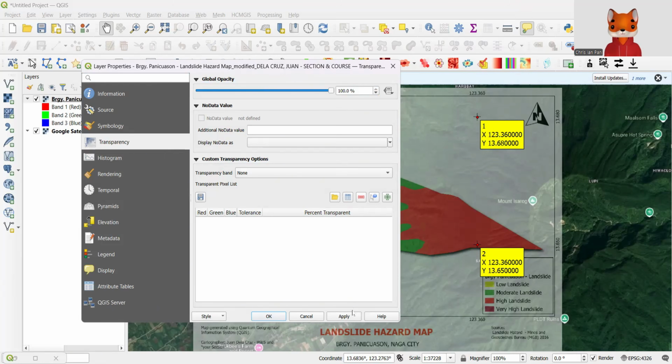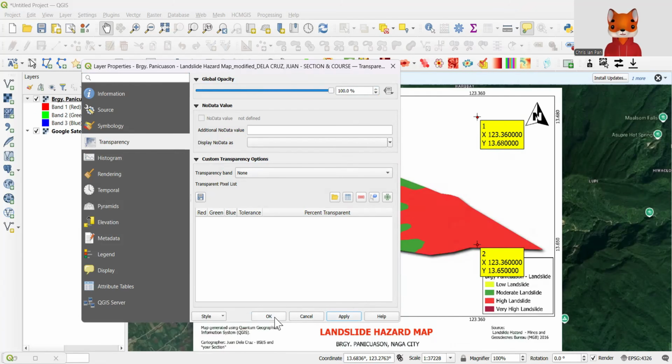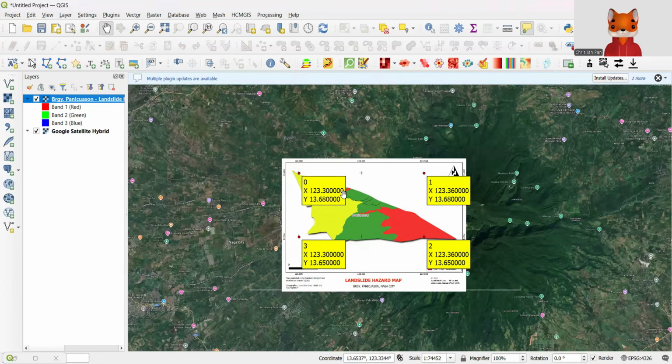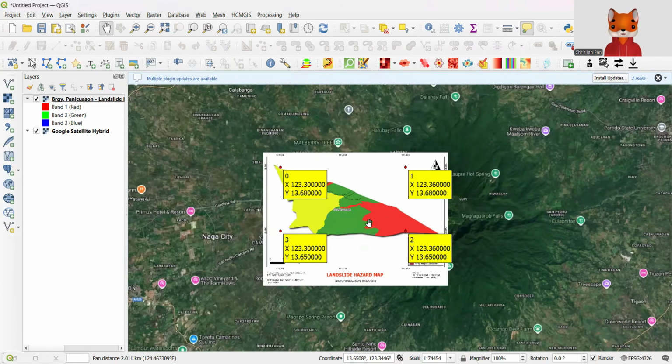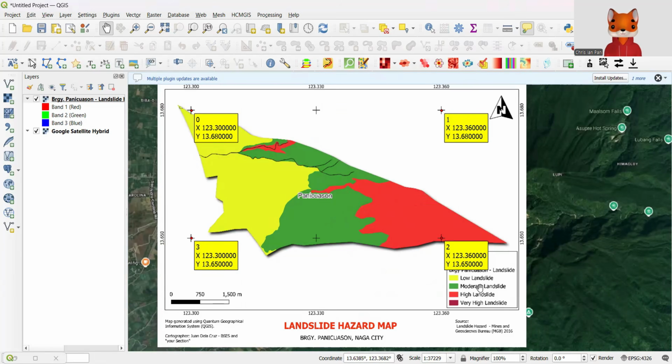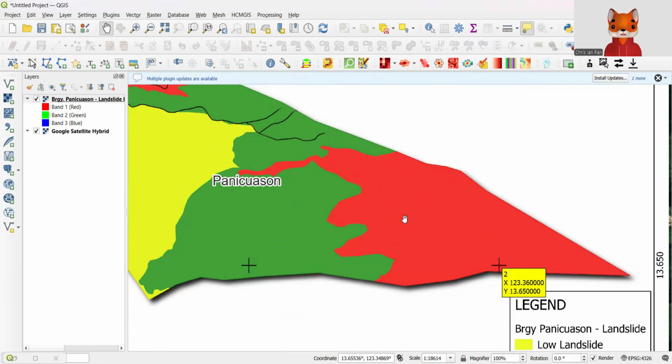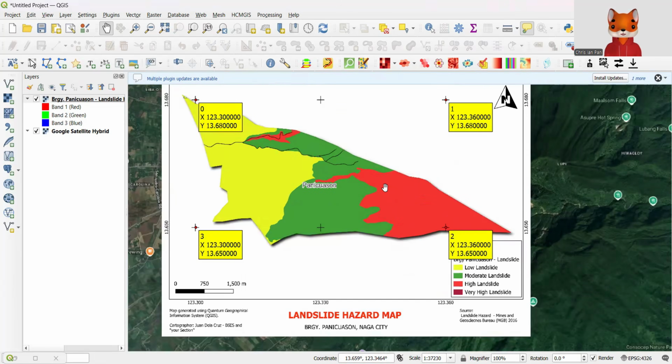This will remove the opacity of your map. Once you type 100%, you select apply, then okay. Now the colors of the susceptibilities are more clear.